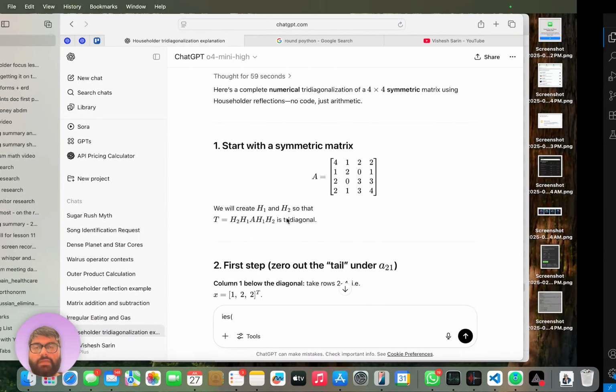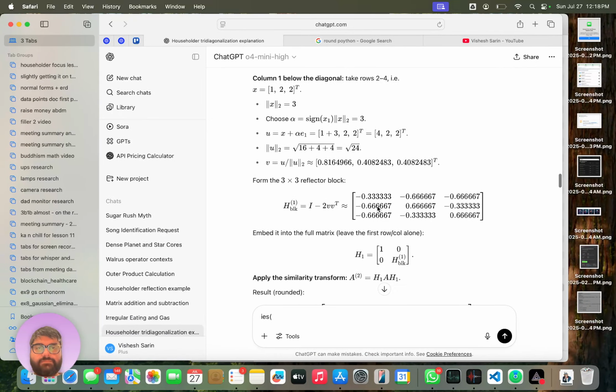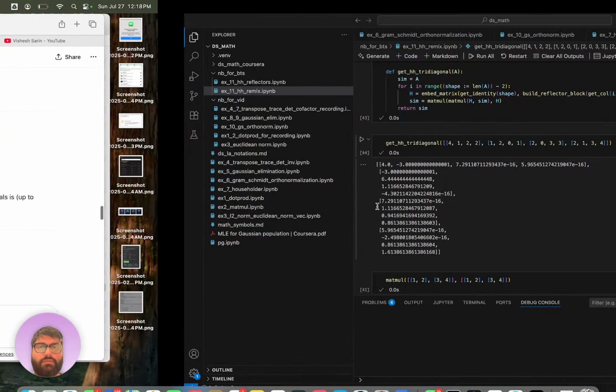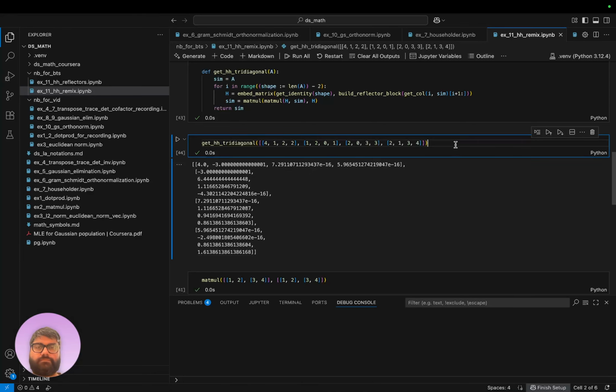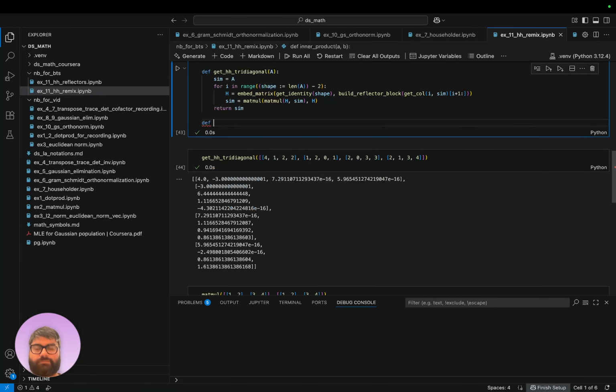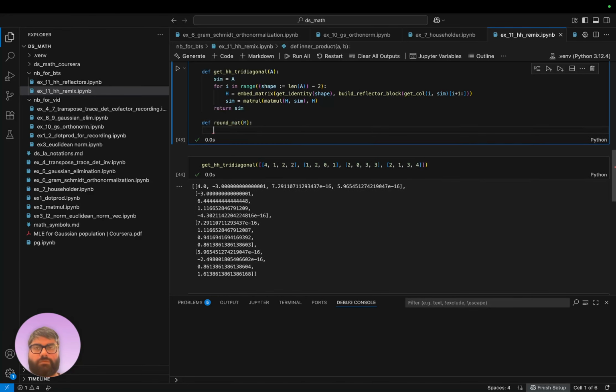And looks like we got it right. Let's do a rounding function as well. Def round mat m colon